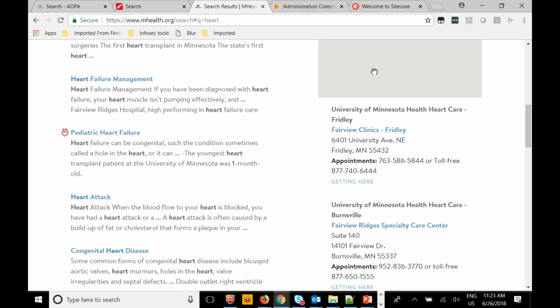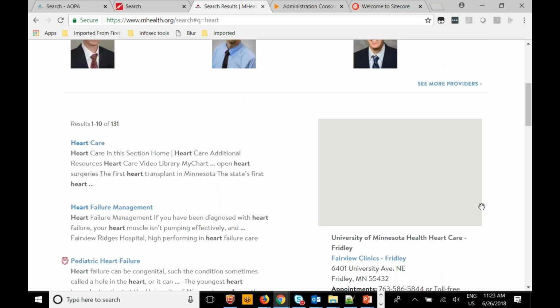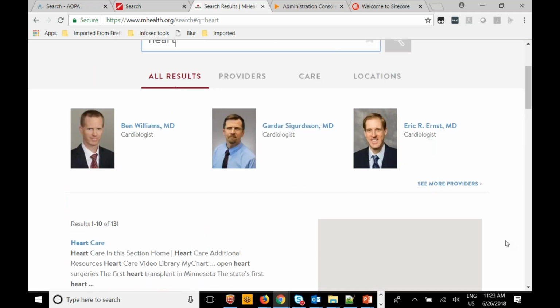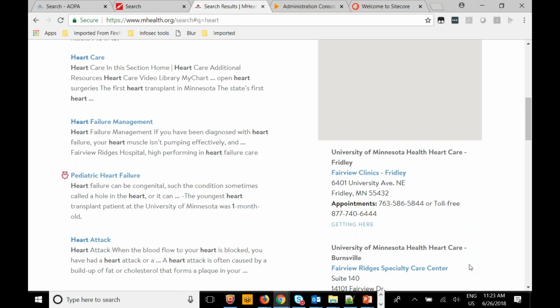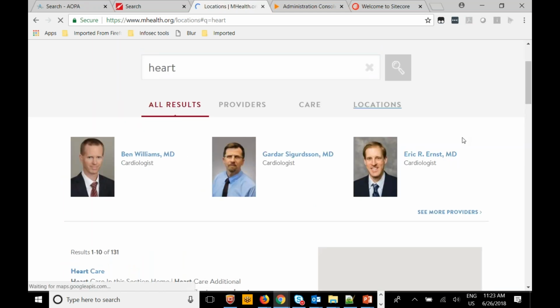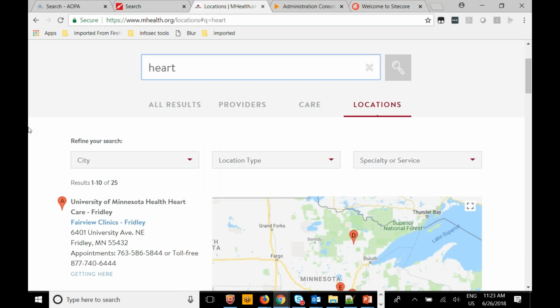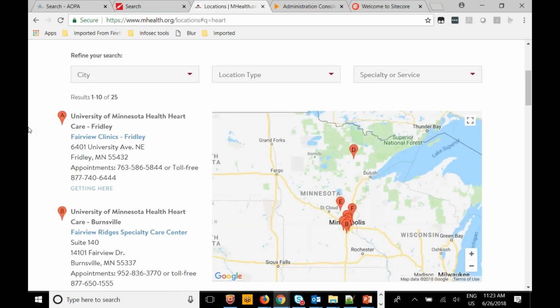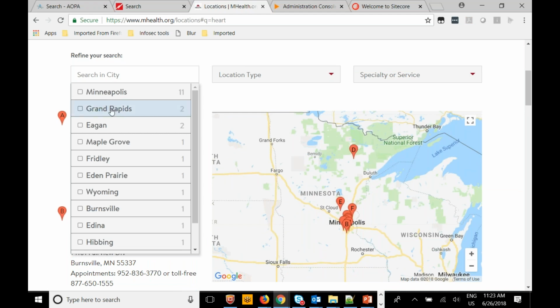In fact, they do have a Google map here. If I drill into the location section, you'll see that the results are not just being returned as text, but also being passed back to, in this case, a Google map of their various locations within the state of Minnesota. Now, they're also using Coveo to be able to drill down and select, again, using a bit